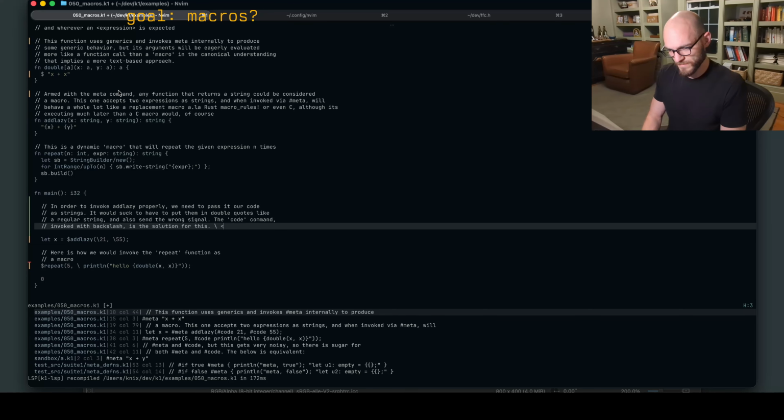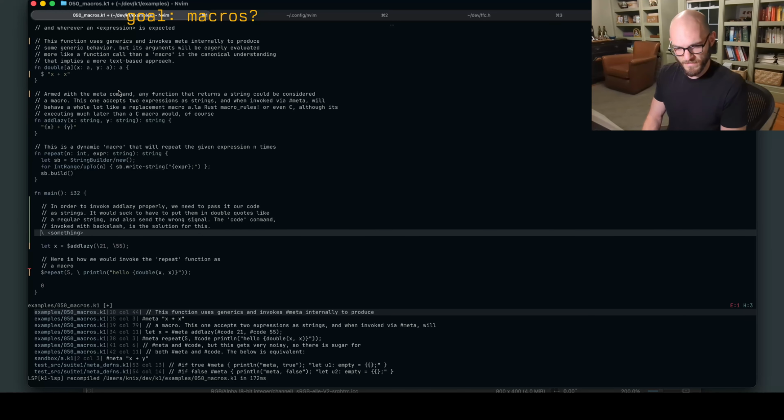Backslash something. Use backslash something, and the provided statement will be turned into a string. I don't know.